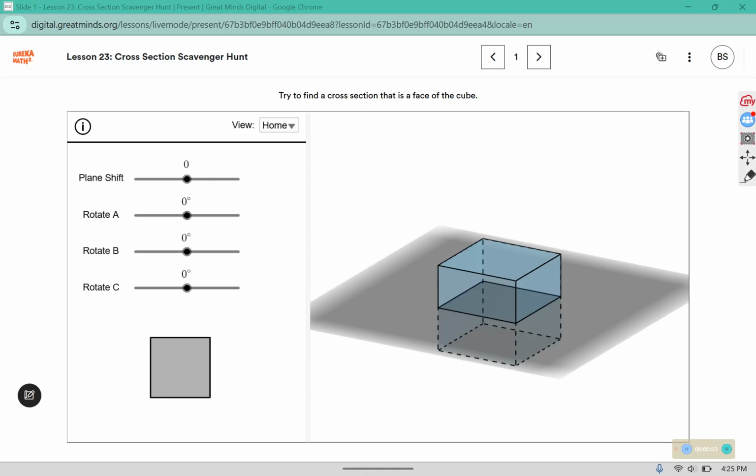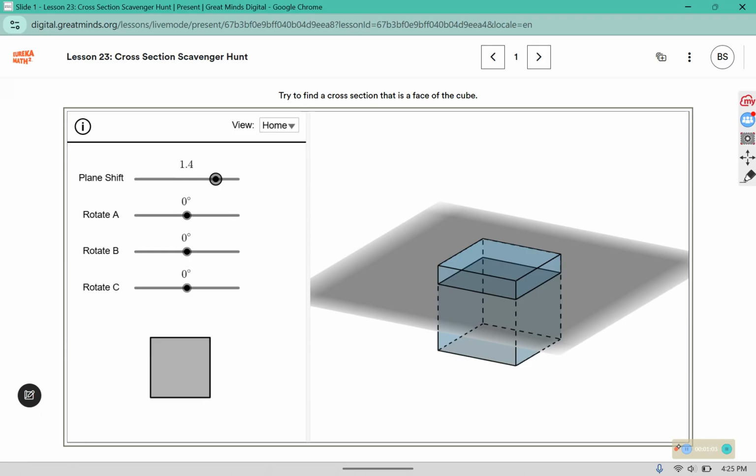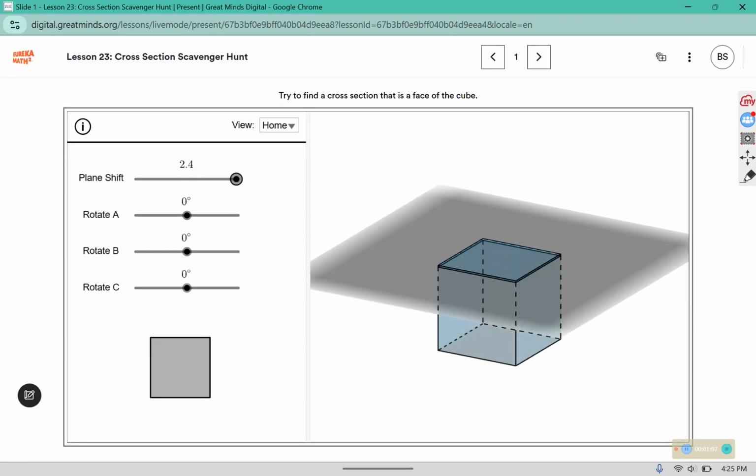This is a digital lesson, so if you have access to it, go ahead and follow along there, or just watch the video as you go through and take notes in your workbook. So it asks us to try and find a cross-section that is a face of the cube. So when we line up perfectly with the face,